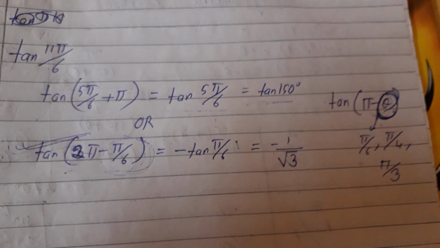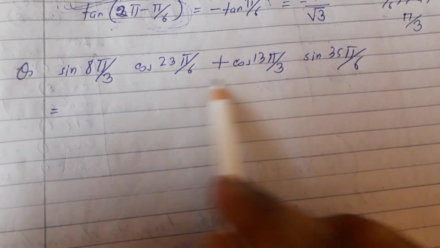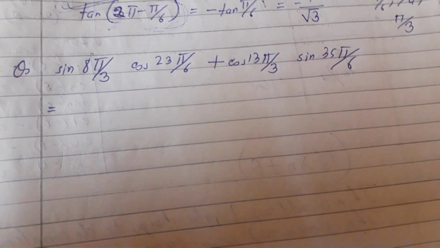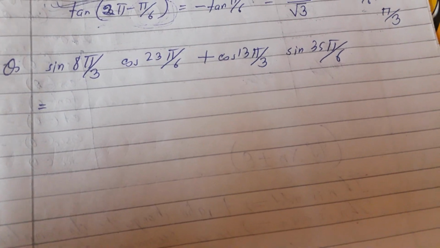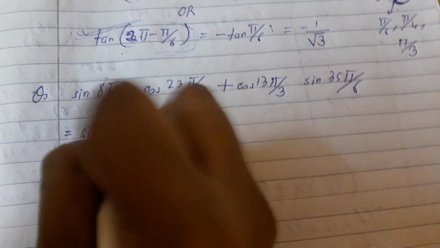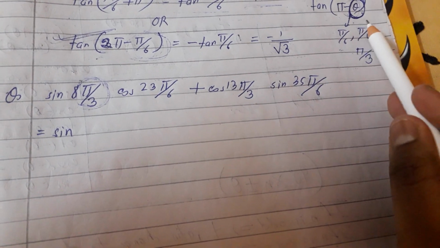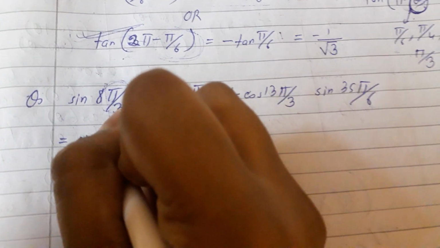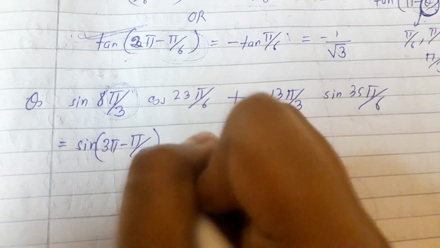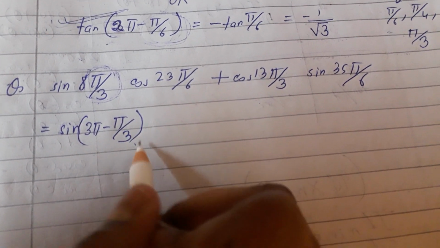Let's do more sums based on this, then it will be very clear to you. Now see, here is given in the form of pi. All the angles are given in the form of pi, and you have to evaluate in this way that I have shown you. Now see, the first one is given sine 8 pi by 3. You have to take the pi by 3 part in the place of theta. For that you have to write pi by 3, okay, and you can write it as 3 pi minus pi by 3. Why? 9 pi, after calculation it will be 9 pi minus pi by 3, that will be 8 pi by 3.